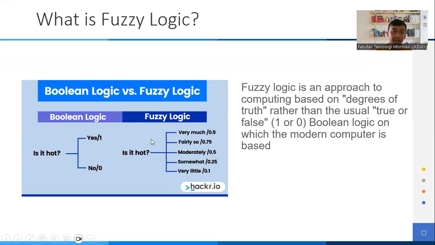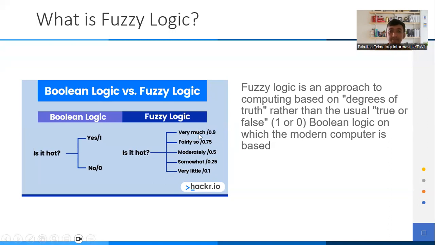If the question is, is it hot, the answer is yes or no. But in fuzzy logic, if any question about temperature is asked, is it hot, maybe we can answer with many conditions: very much, fairly so, moderately, somewhat, or very little, with every answer having a weight.